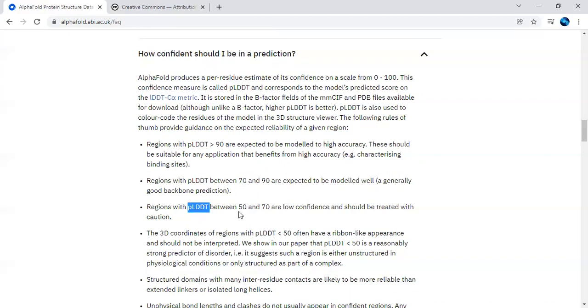So what is this? It is their specific model for predicting this 3D structure. So 50 to 70 is low confidence and should be treated with particular care in analysis. The 3D coordinates of regions with less than 50 have a ribbon-like appearance and should not be interpreted.